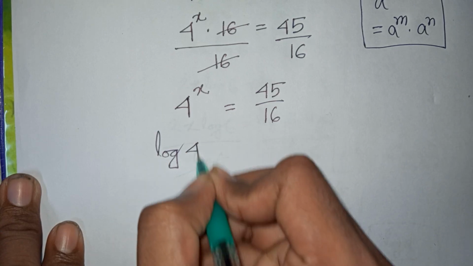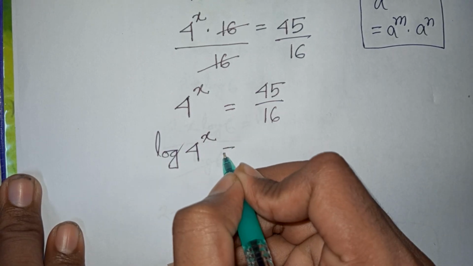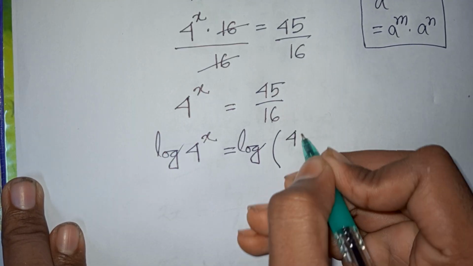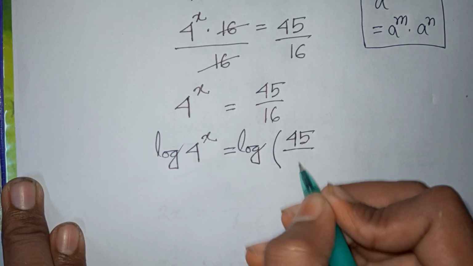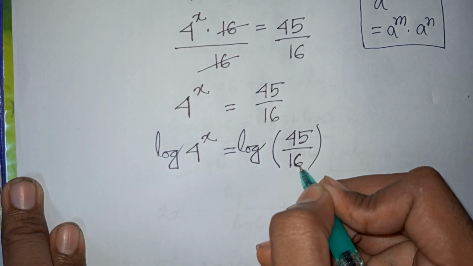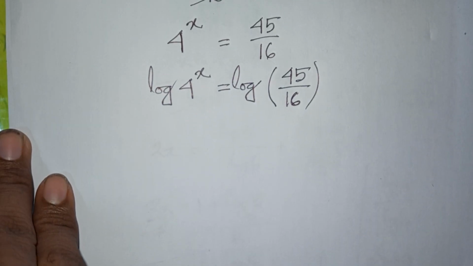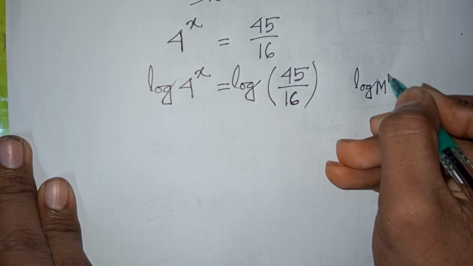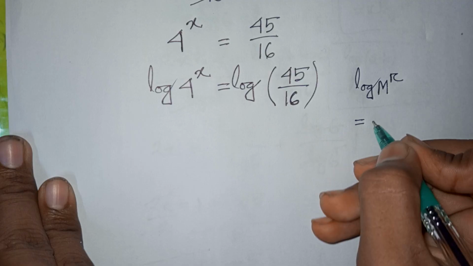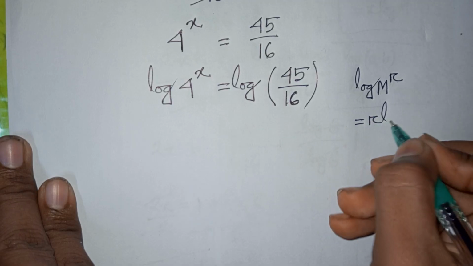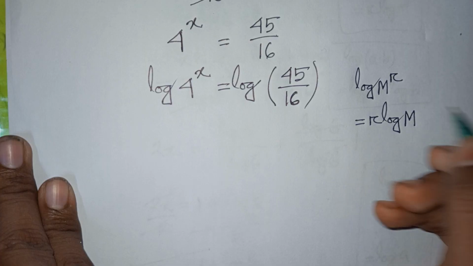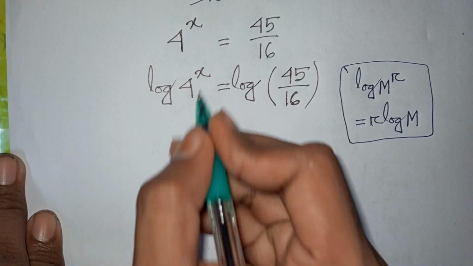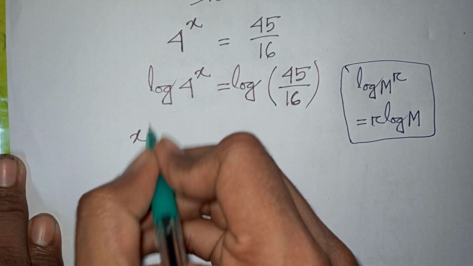Log of 4 power x is equal to log of 45 over 16. Now here we apply the rule that log m power r is equal to r log m. This power moves to the front. So this power x will move, and it will be x log 4